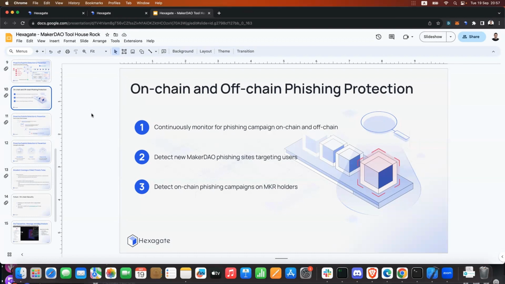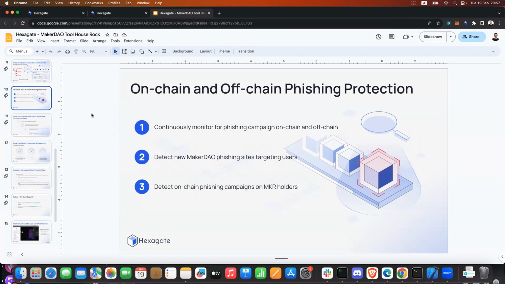So for example, on MakerDAO, we would surface any phishing campaign that goes on-chain or off-chain, targeting any MakerDAO users or Maker holders, so that any governance participant is secure just by getting real-time alerts wherever they want to get those alerts in, like Discord, Telegram, emails, and so on. And also potentially using the extension in order to keep them protected when they engage with malicious dApps.